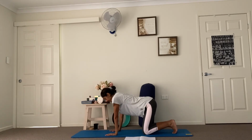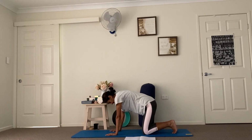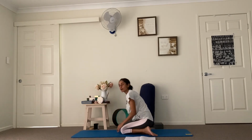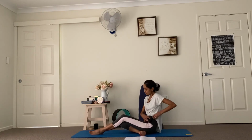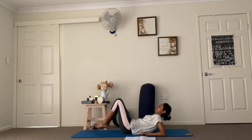Taking your final cat-cow curl here, a breath in and a breath out. Swing the ankles to your side, come onto your sit bones, and then just allow yourself to drop down onto the mat. Bring the knees in with you,